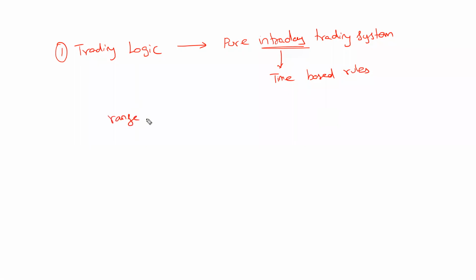So let's say I want to trade only between 9:30 and 2 o'clock. If any signal is coming in, I'll call it the signal range. This is the start of the signal range. If my trading signal happens only after 9:30, I want to enter. So only after this time do I enter. After 9:30 a.m., take the position